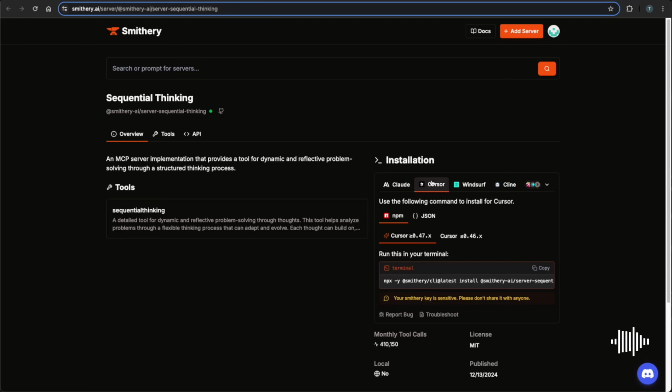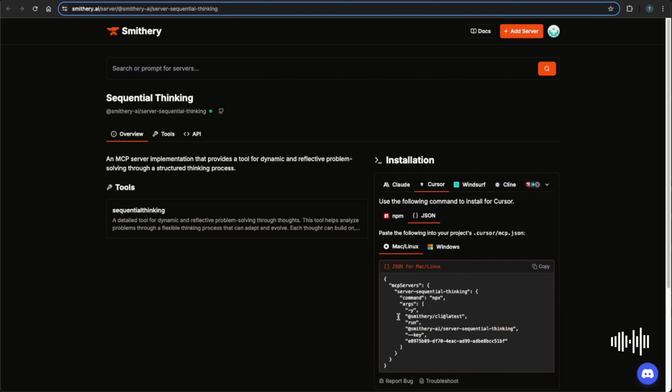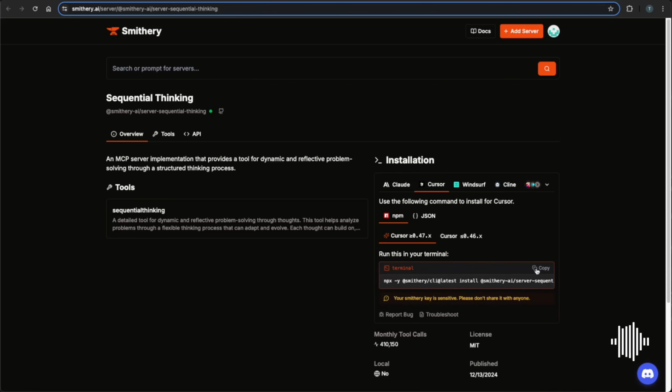And this will be a tool that I'm using with Cursor or any sort of editor. You see that there's Windsurf, Cline, there's also Claude as well. So to install this, you can do this one of two ways. For Cursor, you can either do it by npm, which is running in the terminal, or if you want to go into your actual MCP JSON file, you can do this and you'll copy this in. For now, I'm going to do the npm command, which I'll copy this, and I'm going to open Cursor with a